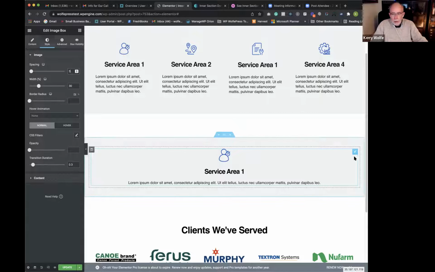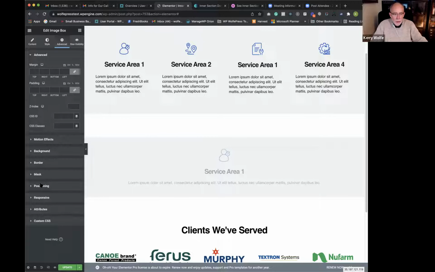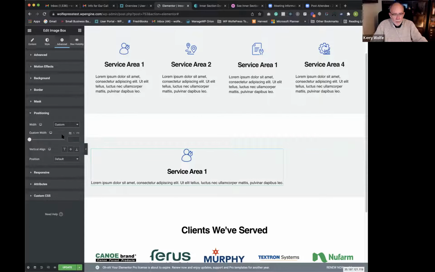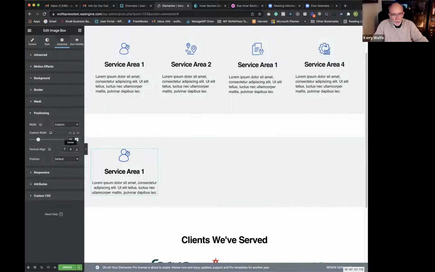Okay, so now I'm going to click the widget, and I'm going to go to advanced. I'm going to go to positioning. I'm going to do something different this time. I'm going to go to width. I'm going to go to custom. And then I'm going to go to percentage. I'm going to set it to 25, because we have 4 columns, and of course 25% is 1/4 of 100%. So we've created that, and then I just